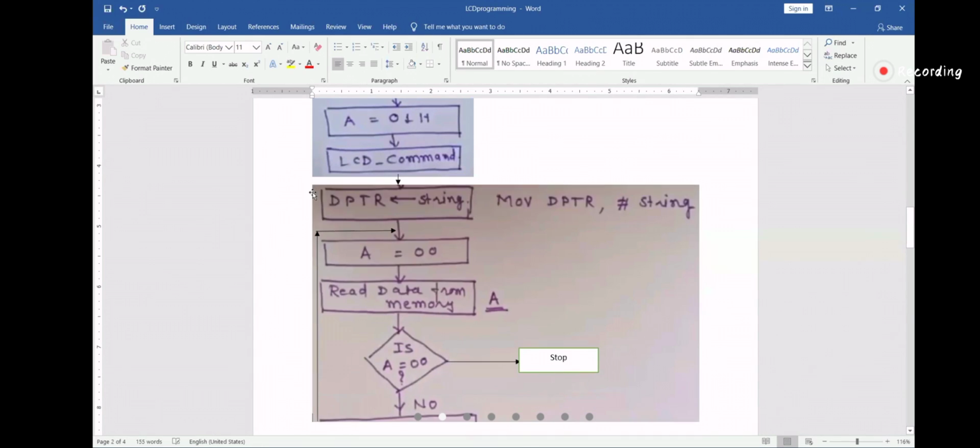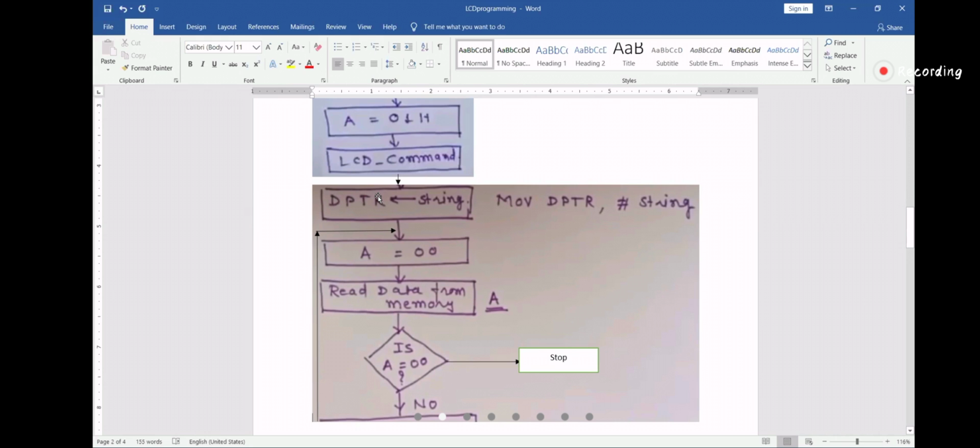Are you getting the reason behind A equal to 00? Read data from memory. That means from the code memory. That's why I have written MOVC.